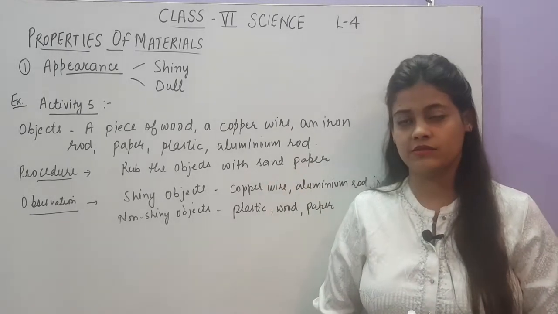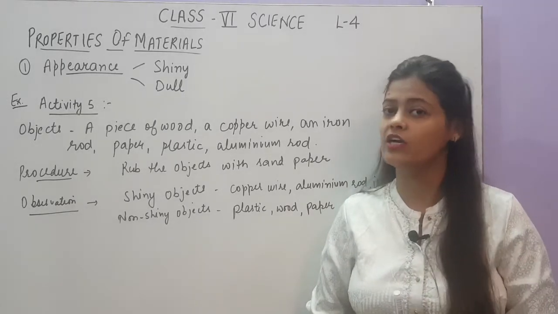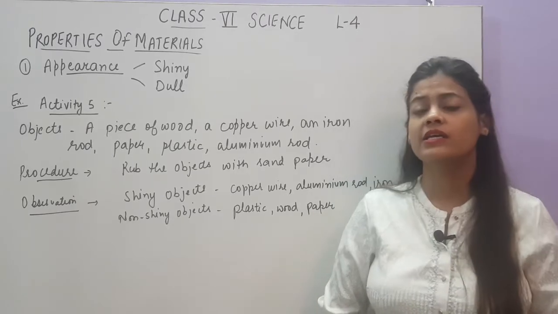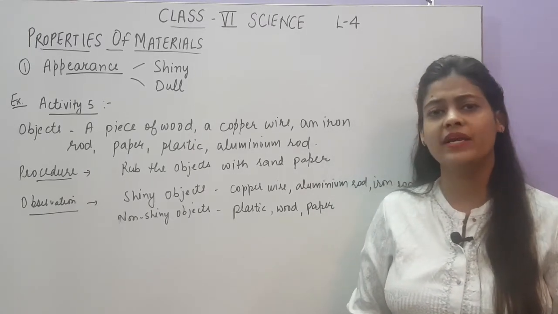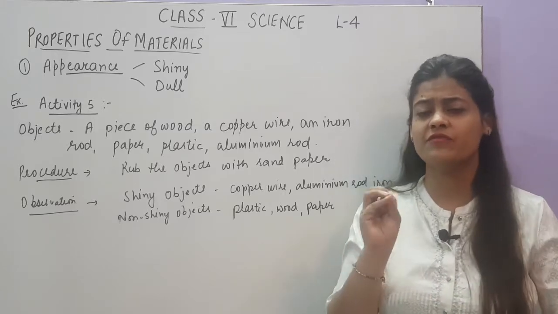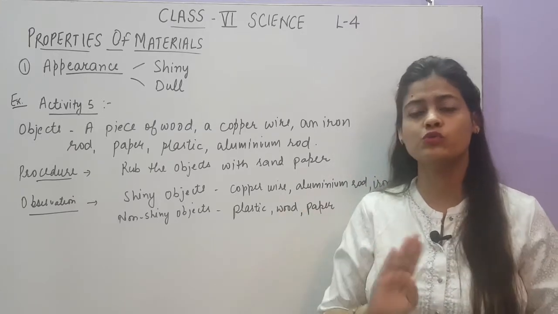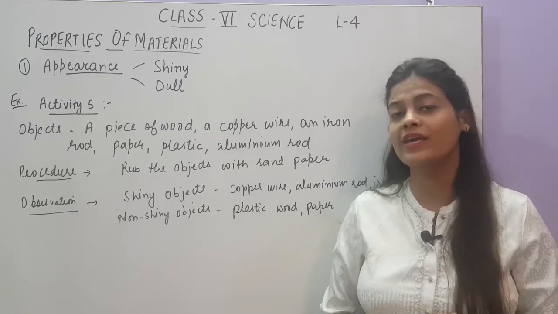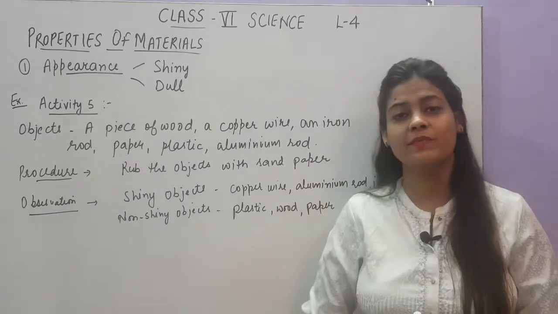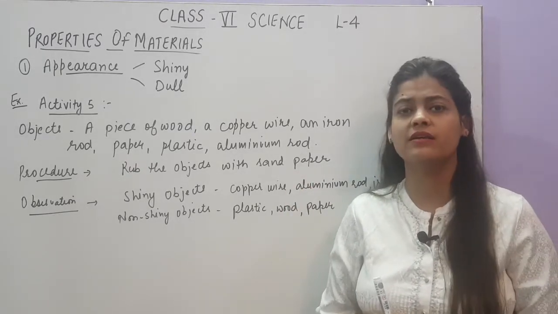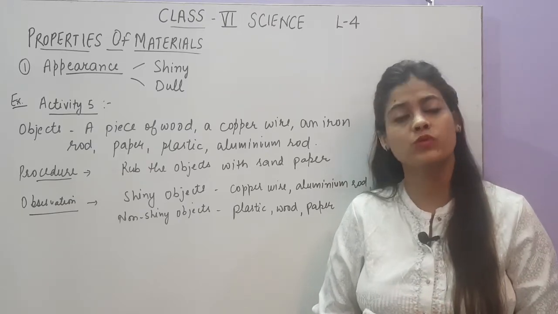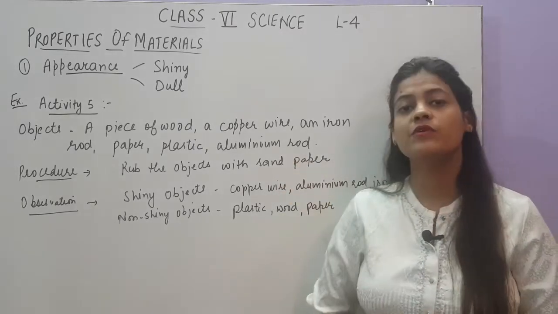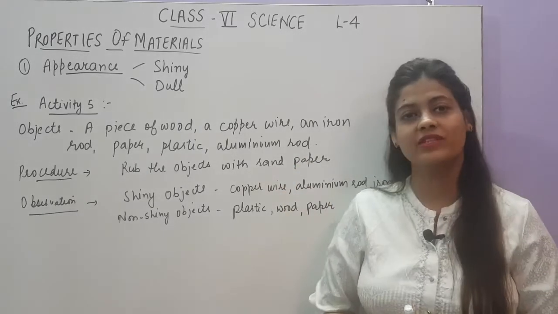So what will be the procedure? To find out whether the thing is shiny or dull, we will take a sandpaper. Do you know what a sandpaper is? देखा है आपने कि generally जब हम घर में paint कराते हैं तो they have a paper which has a very rough appearance which is used to rub the walls so that the walls can be made smooth. तो जनरली जो सैंड पेपर है हम क्यों यूज़ करते हैं कि कोई भी डस्ट पार्टिकल या कोई भी एक्स्ट्रा मटेरियल किसी चीज़ के ऊपर डिपॉजिट हो जाता है तो उसको सैंड पेपर से रब करके हम रिमूव कर सकते हैं. So first we will rub each and everything which is given to us with the sandpaper.